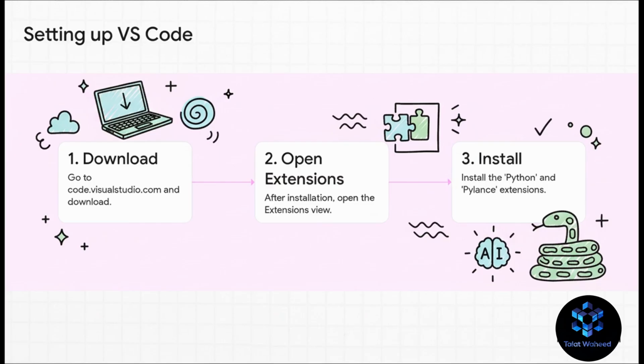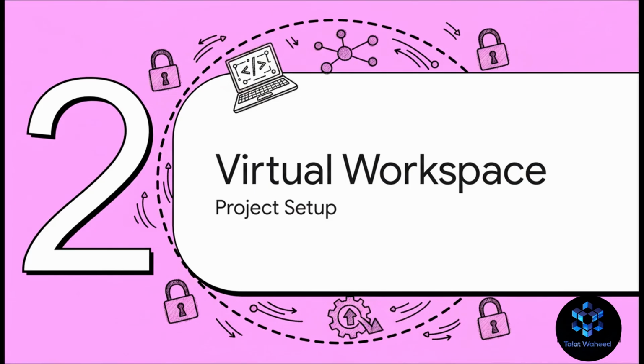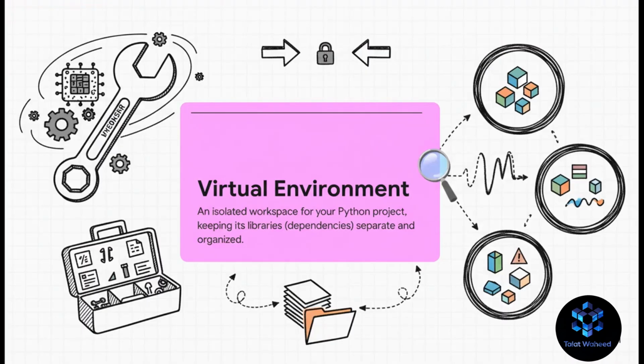Okay, core tools are installed. Now it's time to build our actual workspace. We're going to create this nice, clean, isolated space just for our project. Okay, and trust me, this is a step that every single serious developer takes. It's non-negotiable. So what the heck is a virtual environment? The best way to think about it is like having a separate clean workshop for every project you do. It makes sure that the tools and libraries for your AI projects don't get mixed up with the tools for some other web project, right? It is the absolute key to keeping things organized and preventing chaos later.